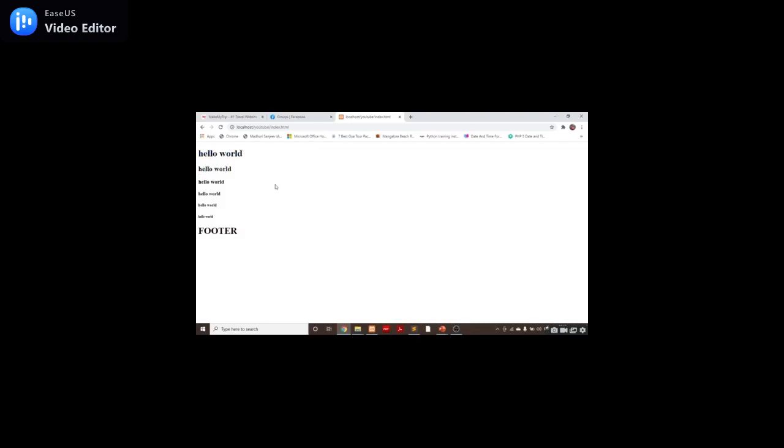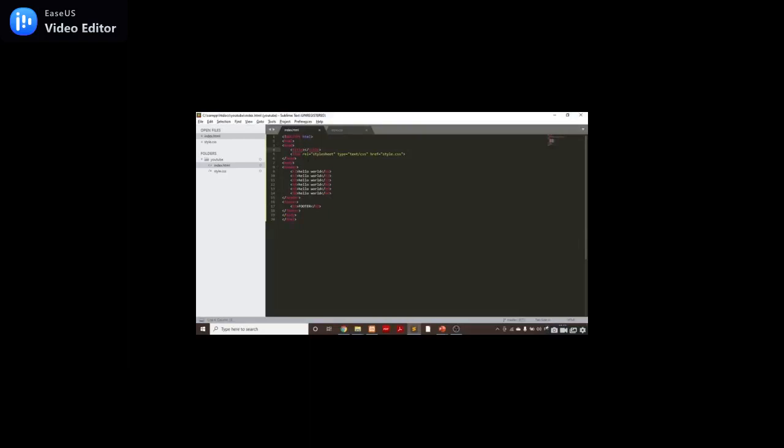You can see there is some syntax written here in my editor. So let's get started with this part. Why is it written here HTML? Because the browser understands that the web page is written in the HTML language.